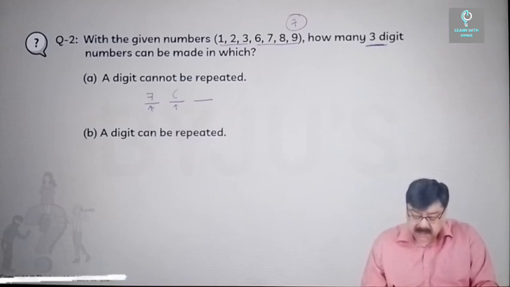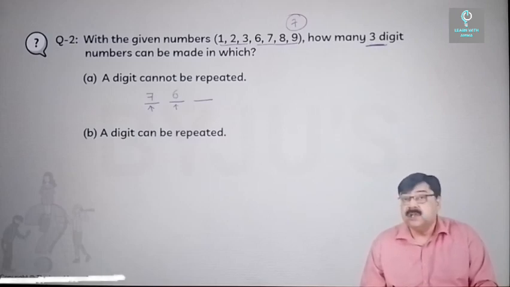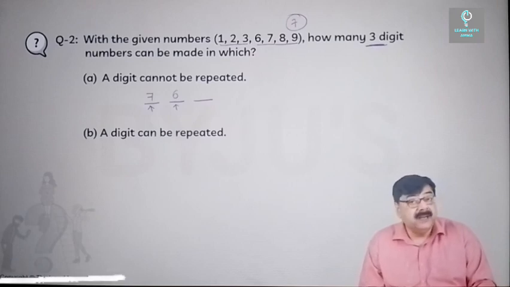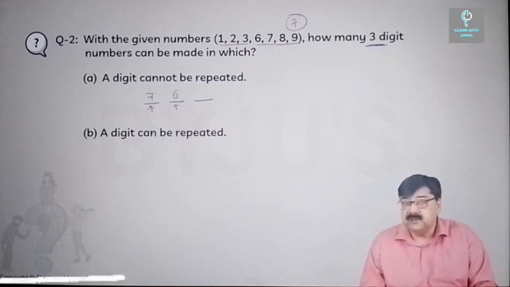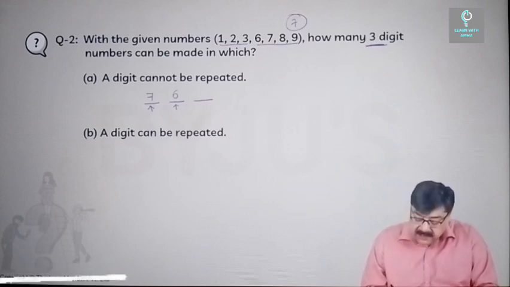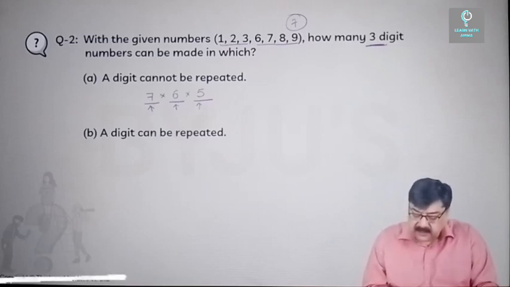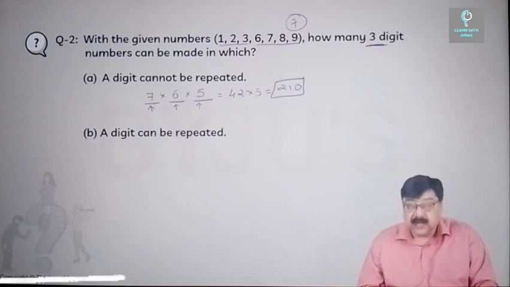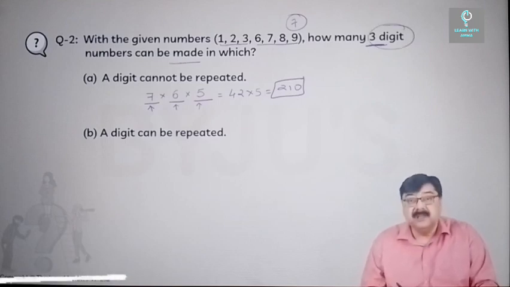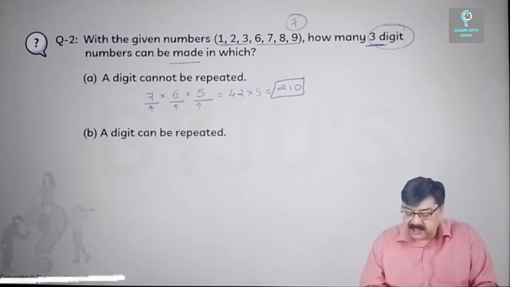For the second position, now you are left with only 6 options because one option has already been fitted into the first position. So out of 7, 1 fitted in the first position, you're left with 6 only. So similarly, for the last position, you are left with 5 options. So hence, this becomes 7 into 6 into 5. That is 42 into 5, which is nothing but 210. So there are 210 ways of making 3-digit numbers without repeating any digit from the given digits 1, 2, 3,